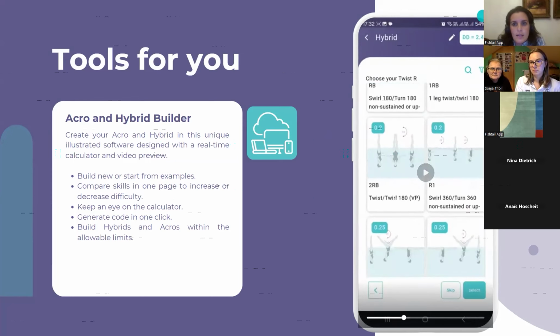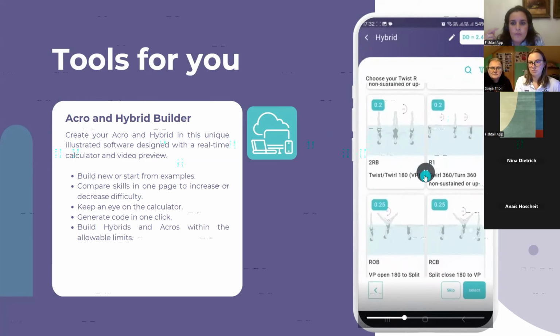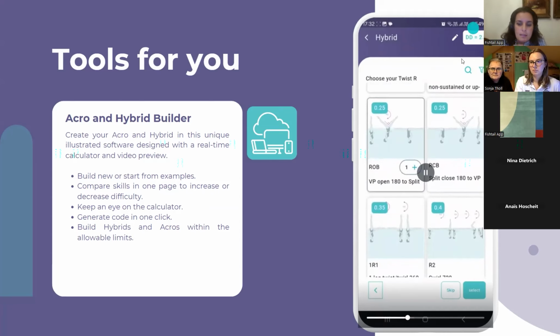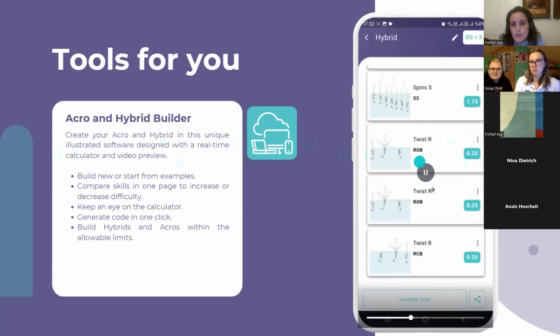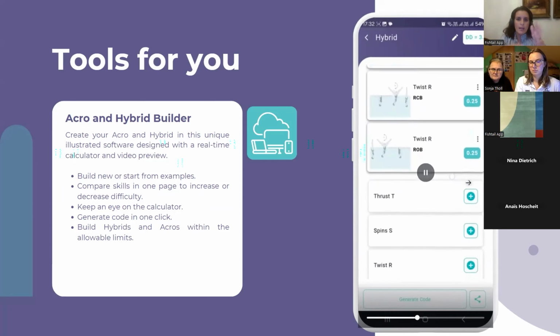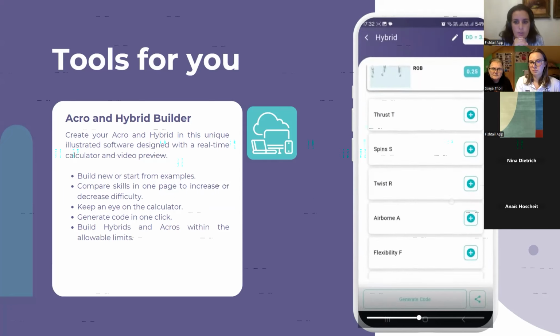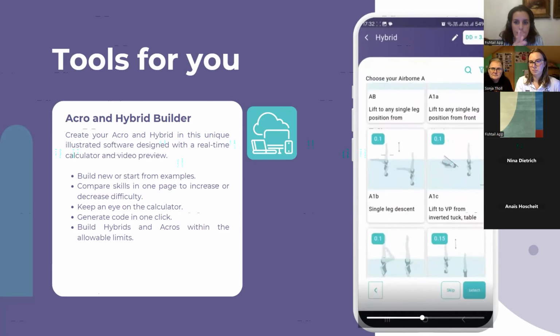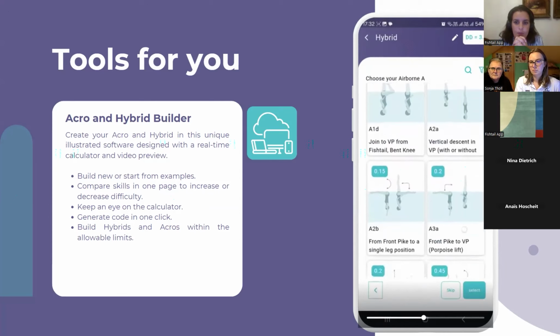And you can see here that the DD calculator is calculating in real time. So if you want to reach a specific value, you can always keep looking at the DD calculator. Here I've added the RCB and the ROB. And if I want to change the order, you just click and drag. So this way you can drag all the skills that you want to have in your hybrid, because the order is of value when it comes